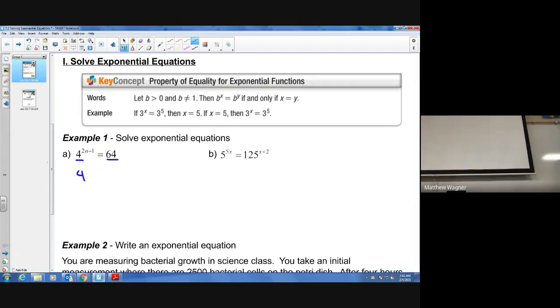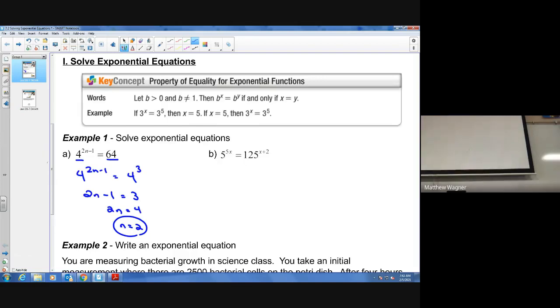Okay? So 4 to the 2n minus 1 equals 64. Well, I know 64 is 4 to the third. Once I have now made both sides with equivalent bases, what do I know? Well, hopefully, we know the powers have to be the same. Then we'll add 1 to both sides. We get 2n equals 4, which means n must be 2. So the goal of these problems is to get our bases to be the same,